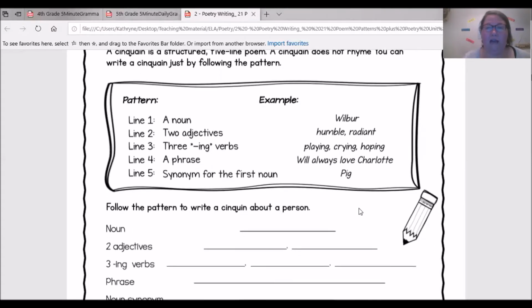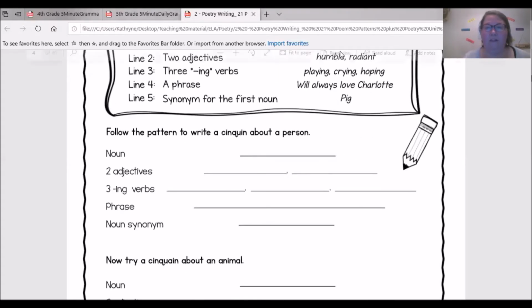You'll notice that if I go down here, because you don't see it so much in example one, but this one where they gave you the lines, it's in a triangle shape. So you have just a single word, maybe two up here. Then you have the two adjectives, then three verbs, then the short phrase, which should not be very many words, and then the one word again. So it forms like the triangle shape. And that's what these types of poems typically look like.